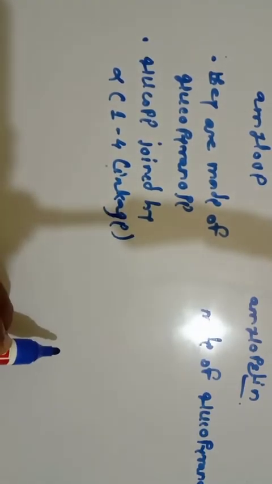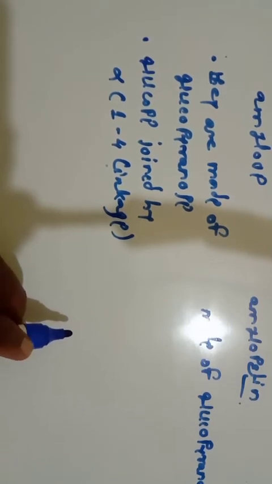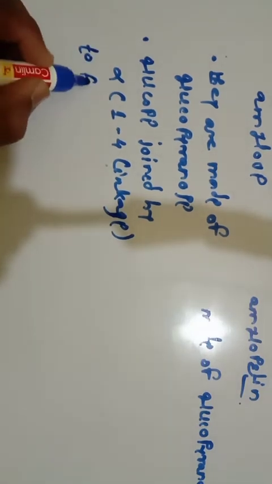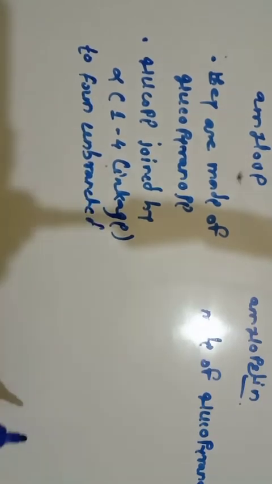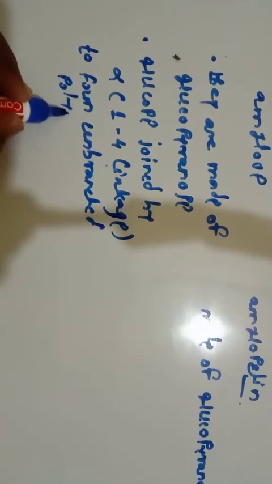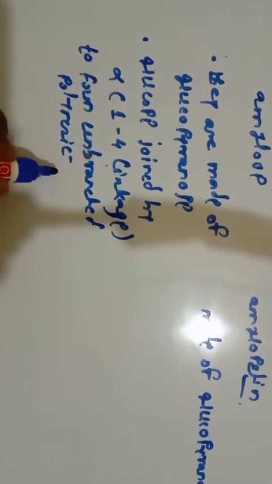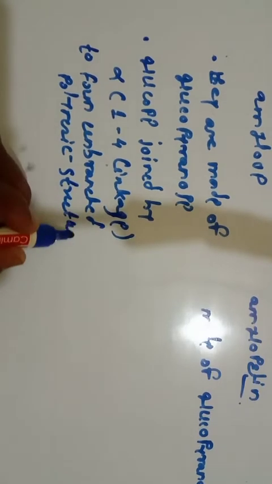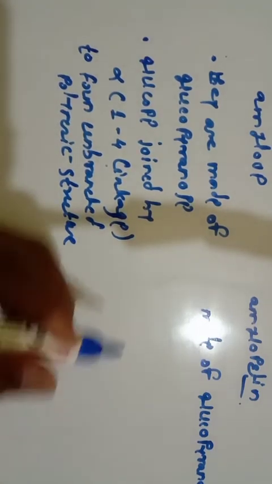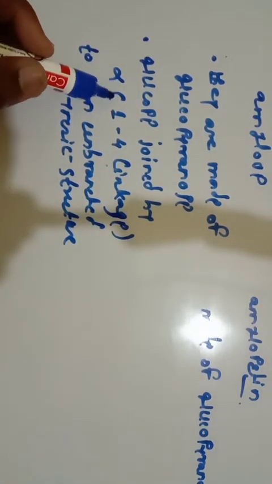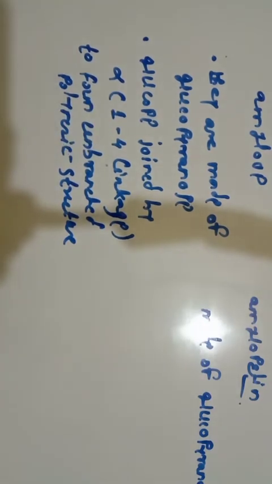Glucose molecules, a number of monomers, are joined together by alpha 1,4 linkage to form an unbranched polymeric structure called amylose. So if you see this, the glucose, it is your monomers, they are joined by alpha 1,4 linkage to form an unbranched, that is linear, sequence of these glucose molecules to form the polysaccharide such